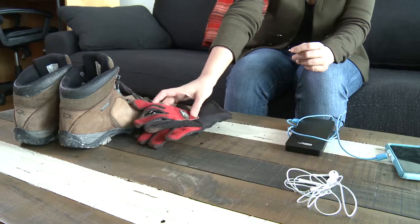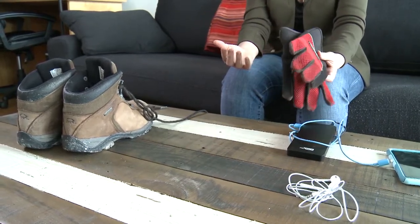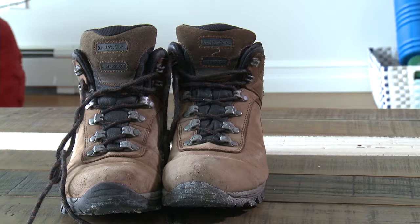Now, my next tip might seem a little bit of an odd one, but it's actually to have a pair of work gloves on hand and a pair of sturdy shoes. And the reason being that as someone with vision loss, I use my sense of touch to explore my environment. And after a storm, there could be broken glass, there could be debris around, and if you need to head out and explore, you want to make sure that you're protecting your hands and protecting your feet. And especially if you're a property owner and you may need to go and investigate something that's happened on your